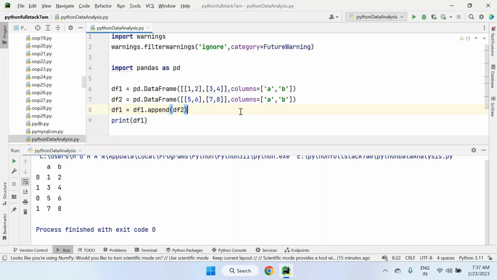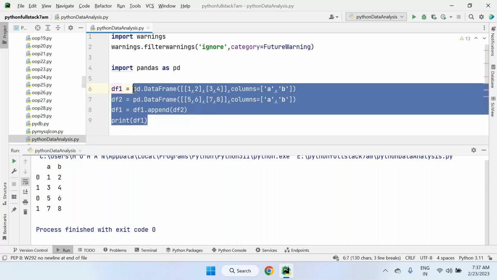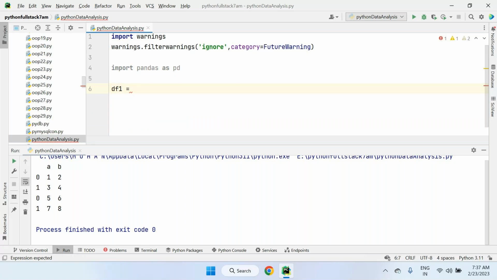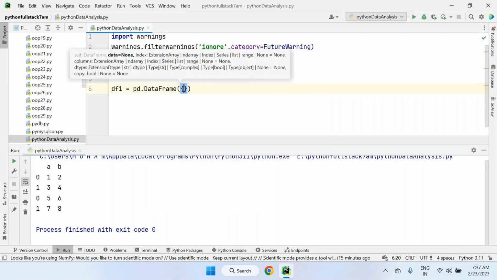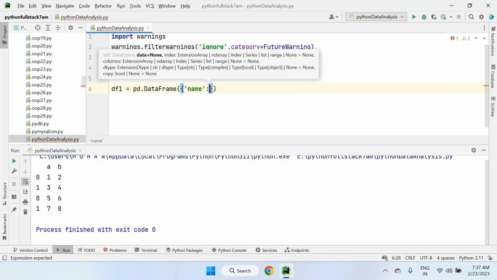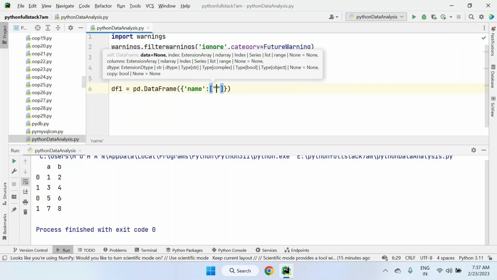Instead of appending, we are able to concatenate also. Concatenation means two data frames we have to pass using the concat function, and those data frames are going to be added here. Suppose let's do two data frame creations again. df1, data frame 1. So here pd.DataFrame, and now this time I'm going to concatenate. So let's pass the dictionary values here. Suppose I'm passing names directly, we can also pass, not a problem, or else you can take input parameters. Names I'm passing here